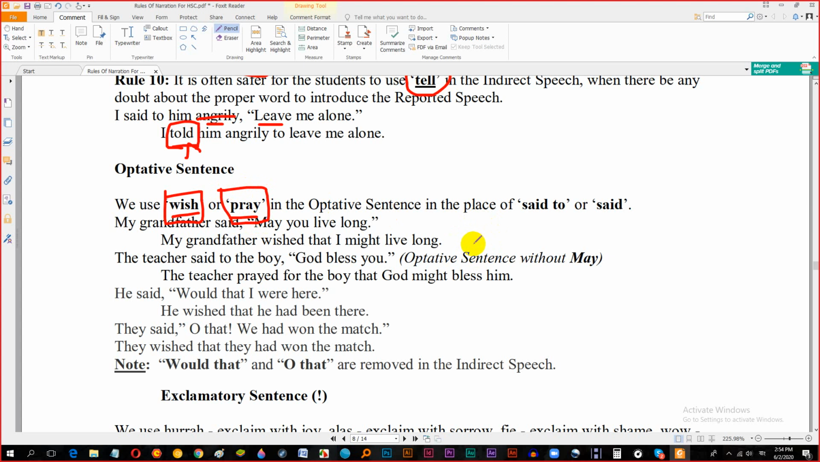Generally in the question we will find said. My father said, may you live long. My grandfather said,